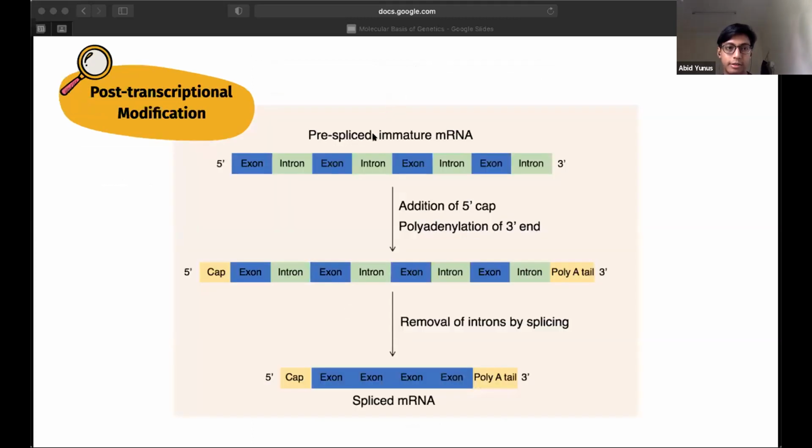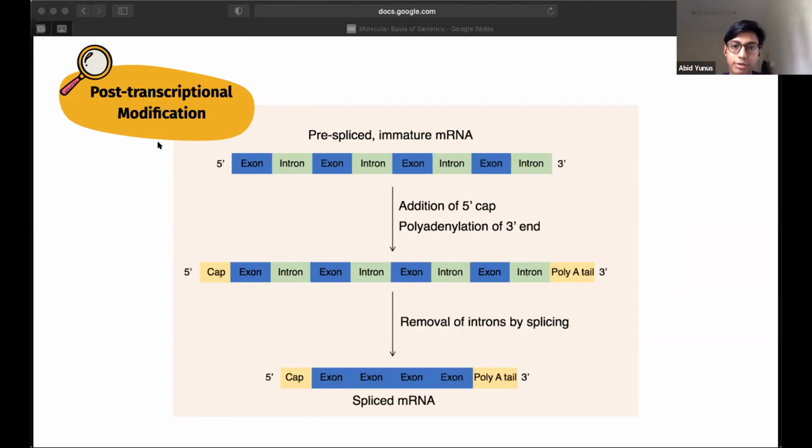So there are 3 modifications that are done. The first one is the addition of a cap at the 5' end, and then there will be polyadenylation at the 3' end. So there will be a poly-A tail, and then there will be removal of introns by splicing. The purpose of the addition of a cap and a tail is to ensure that the mRNA is stable,